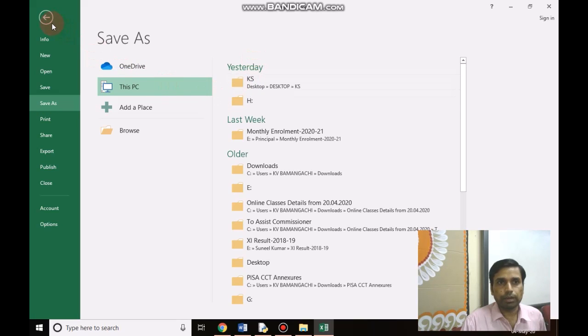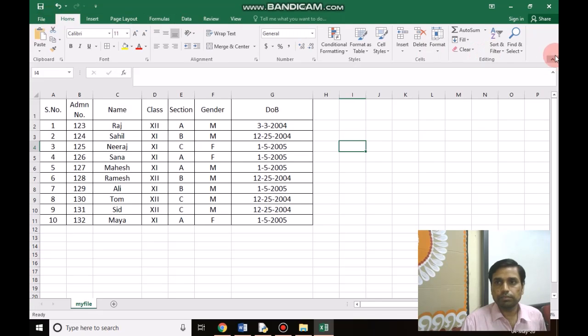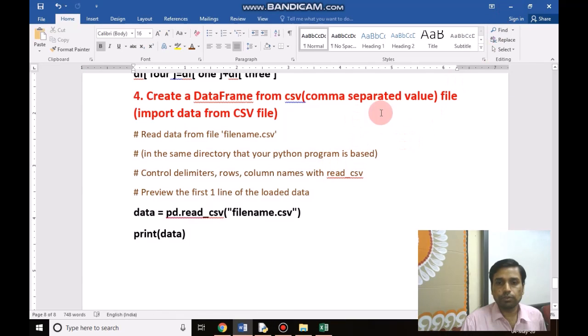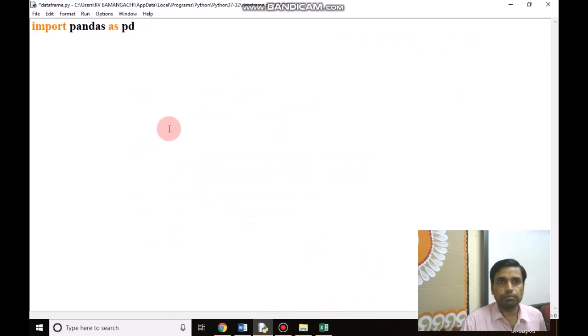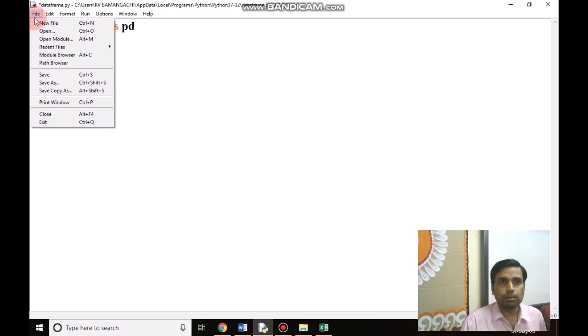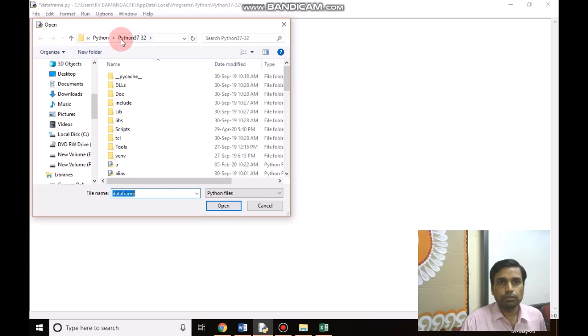in the Python folder, but you need to know where the Python folder will be found. So you can open your IDLE platform of Python. If you go to File, then Open, you will see here Python 37-32. It may vary as per your Python package.